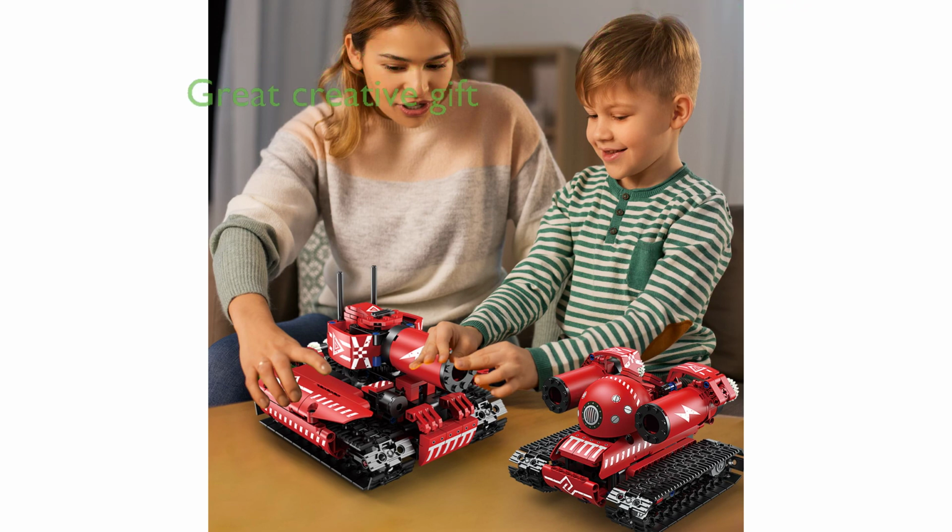This product is not only a fun and educational toy, but also a great creative gift for children aged 8 to 16, making it an excellent choice for occasions like Christmas, birthdays, Children's Day, Hanukkah, Easter, summer camp, and school